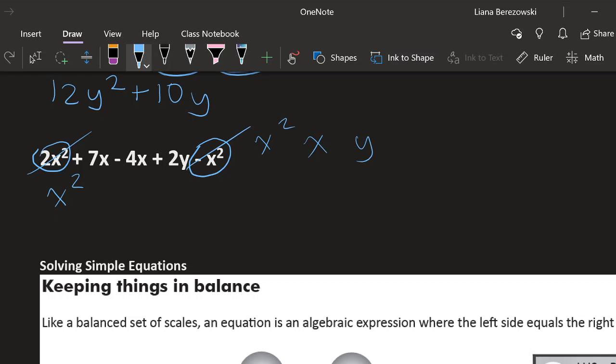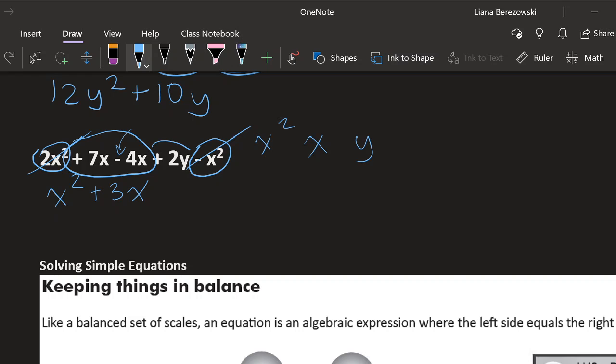The next one we can deal with is our x's, and our x's are really nice because they're right beside each other. So I have a positive 7x and I want to subtract 4x. So positive 7 minus 4 is just going to be 3, right? The difference between 7 and 4 is 3, because 7 is positive and 4 is also positive. This negative sign does not mean that the 4 is negative. It means that you're subtracting them. So remember that rule from adding and subtracting integers. So 7 minus 4 is 3, so it would be plus 3x.